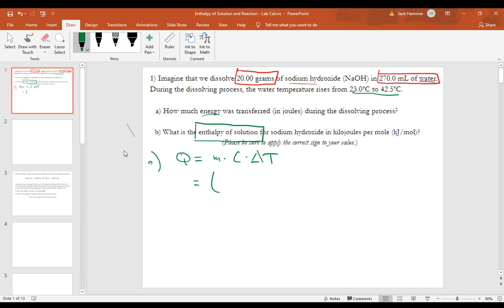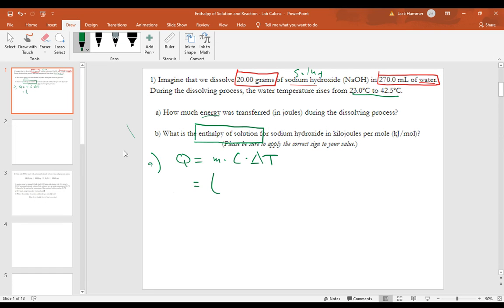We know that the density of water is 1 gram per milliliter. So if we have 270 milliliters, that's 270 grams. And we add that to the 20 grams of solute, so the sodium hydroxide is the solute. And so the total is 290.0 grams. And then we multiply that by the specific heat,